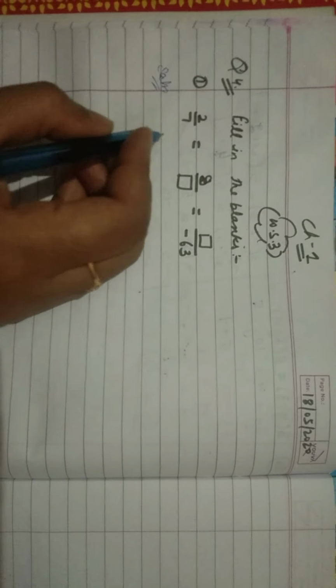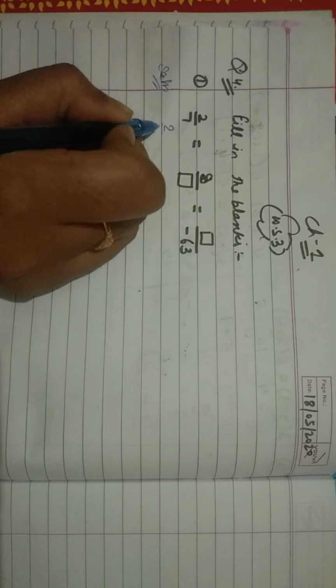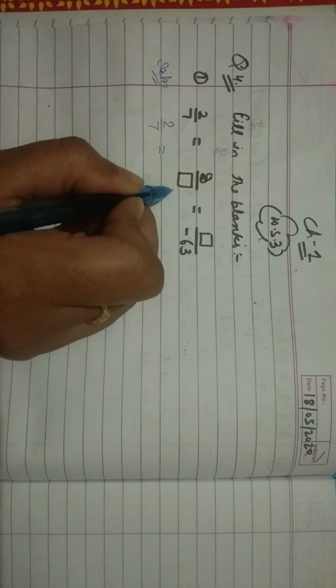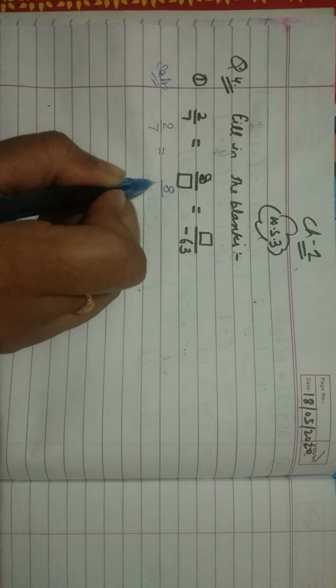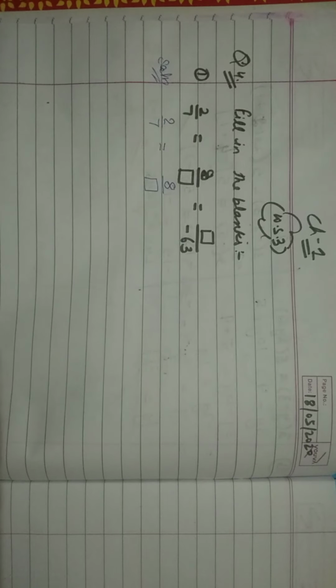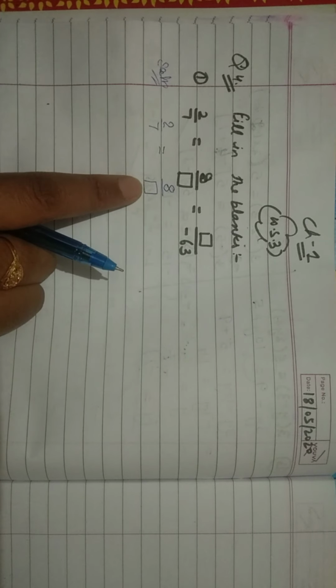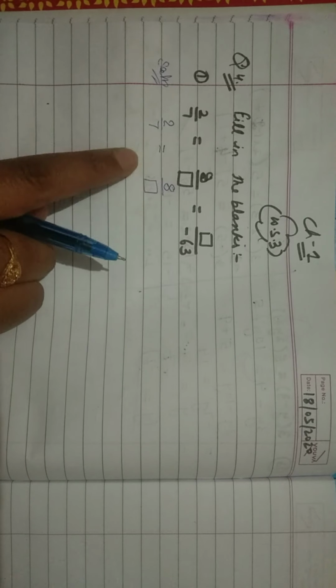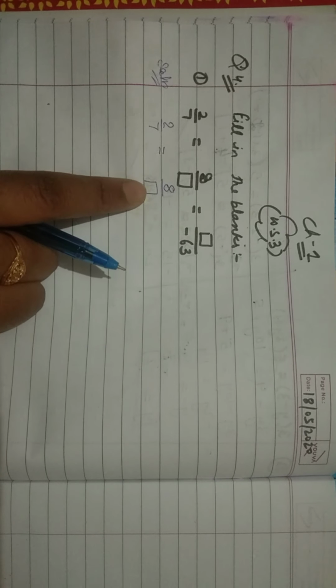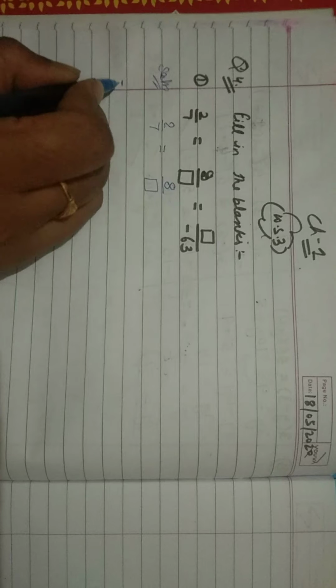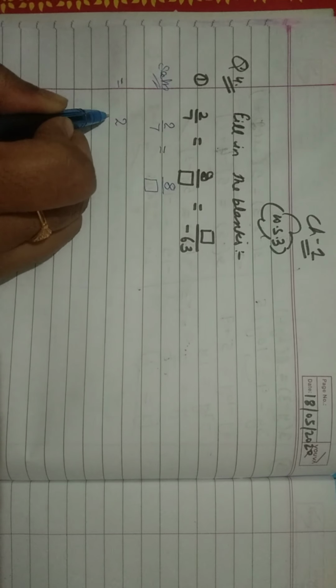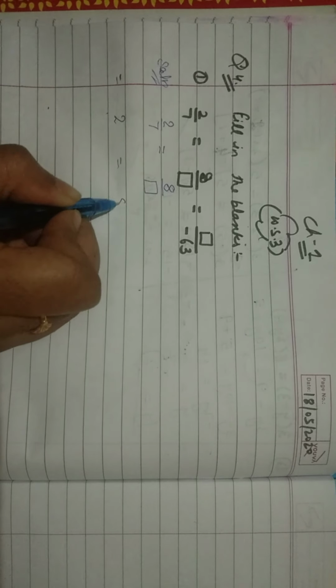First we have to take the number which is given to us, that is 2 upon 7 is equal to 8 upon dash. So we can write x over here and by cross multiplication we can find out the value of x. Or second, we can do it like this: in place of 2 we are getting 8.